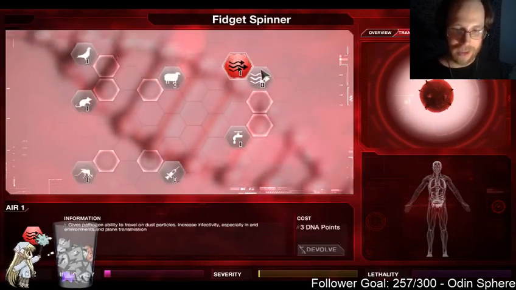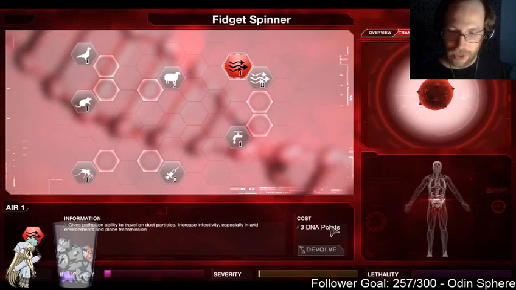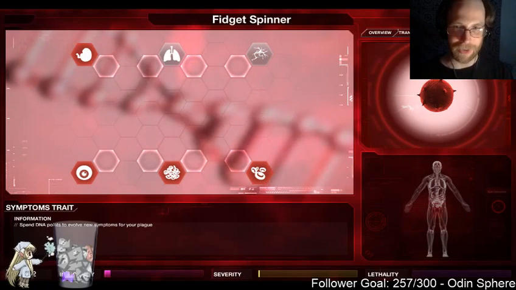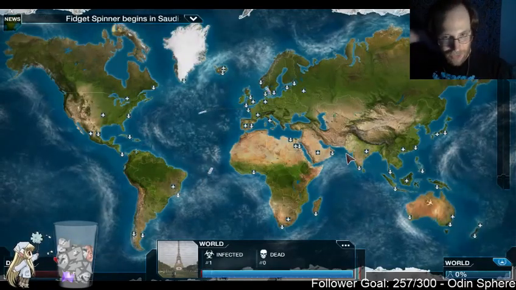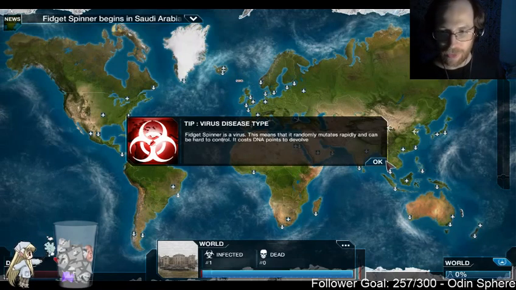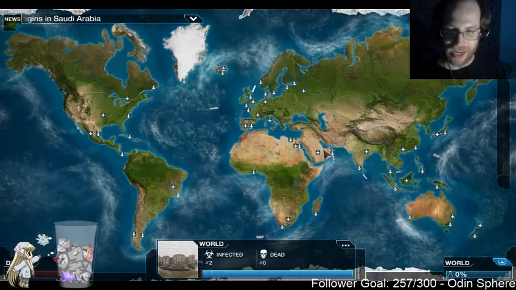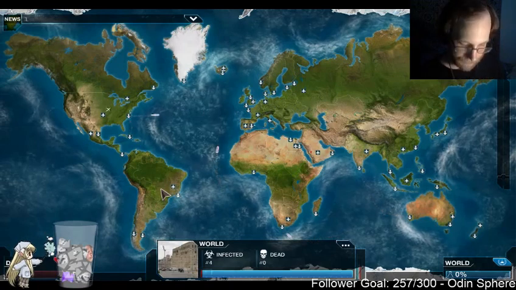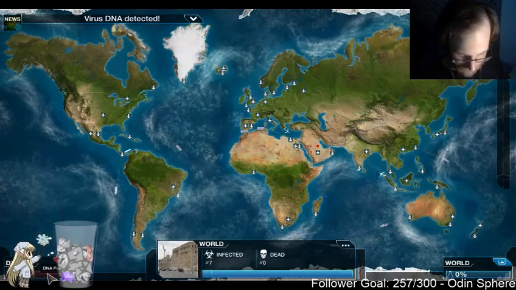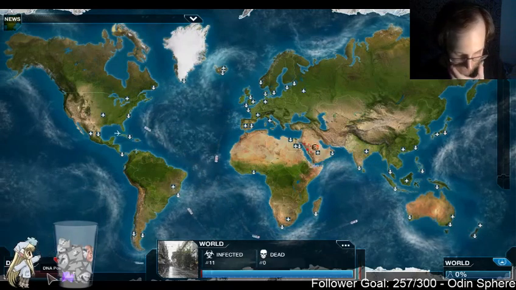Hold on a second. I could devolve the... No, it actually costs me 3 DNA points to devolve that. So unlike bacteria, I have to pay to get rid of traits. I think only bacteria can do that then. They get DNA back for taking a trait away. Randomly mutates rapidly and can be hard to control. Costs DNA points to devolve. Okay, so specifically they say that about this kind of pathogen. Yeah, that's the catch-all term I'm looking for, is pathogen. Viral instability is a late-game upgrade, so you don't have to spend money...